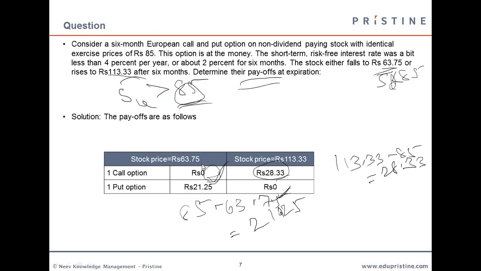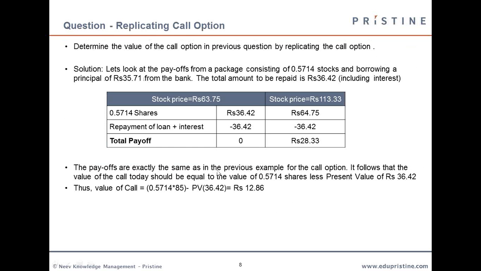So here we saw that for the call option we have payoffs of 28.33 and 0. So we try to take a portfolio in such a way that these payoffs are exactly obtained for the stock prices. So suppose we buy a stock